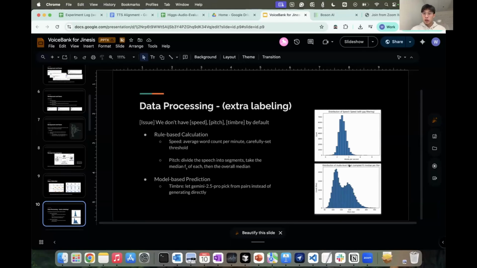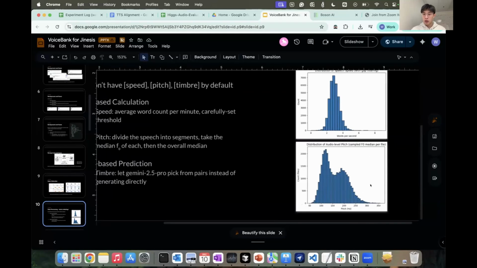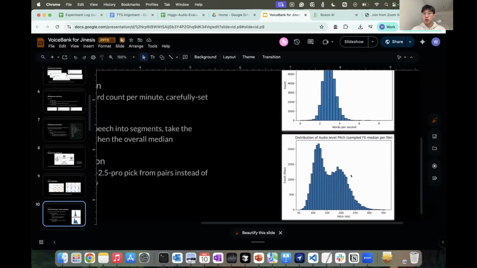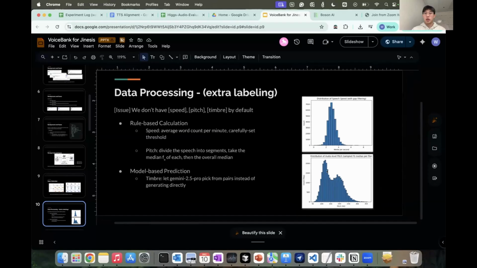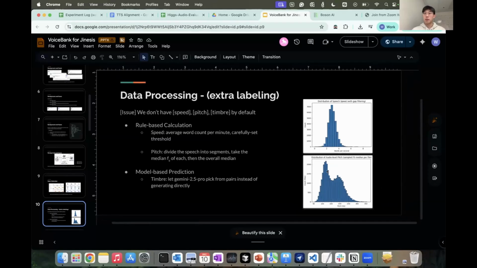And on the right side, you can see there is a figure here. This is the distribution of the pitch across all of the audio clips. You can see there are two spikes. This is really natural because female voices have a relatively higher pitch than male voices. So probably this spike is for the female, and this spike is for the male. Which means our data distribution is in a good shape and really diverse. This is one of the proofs.